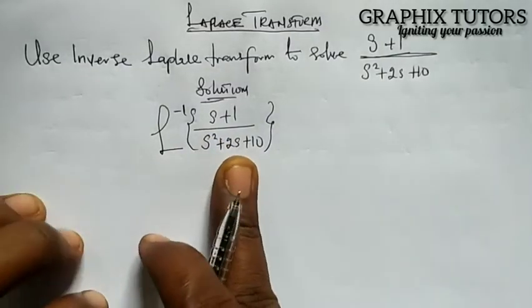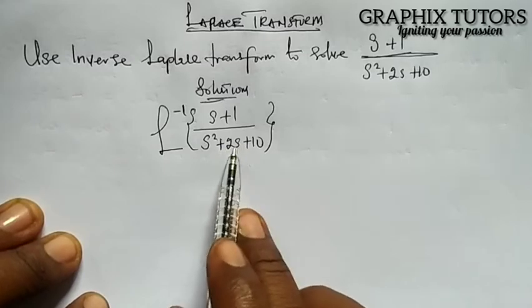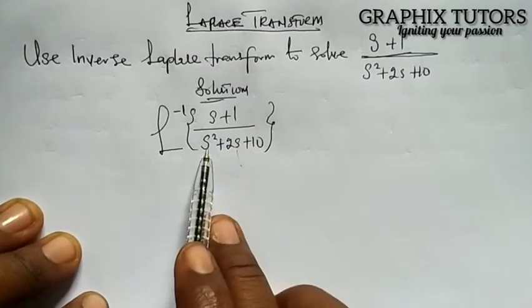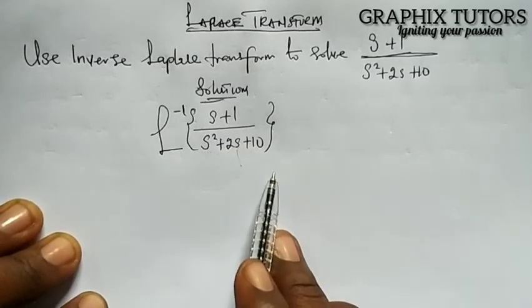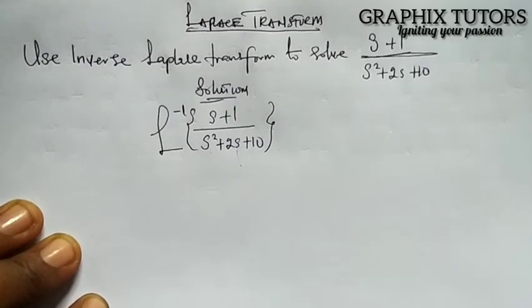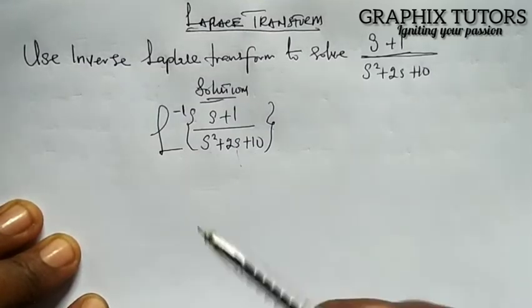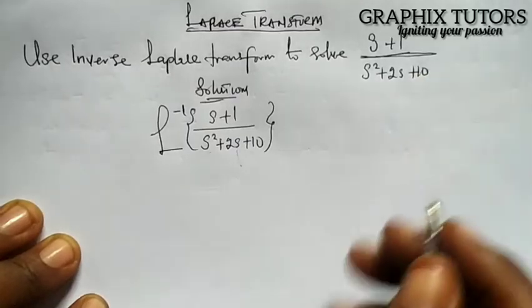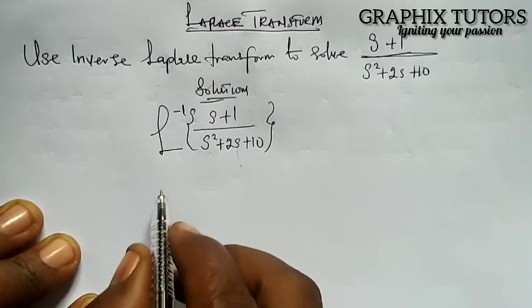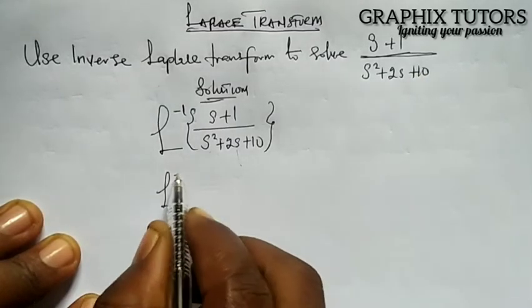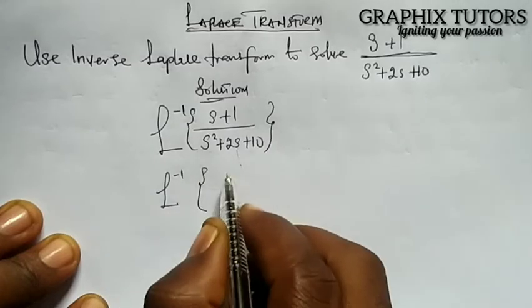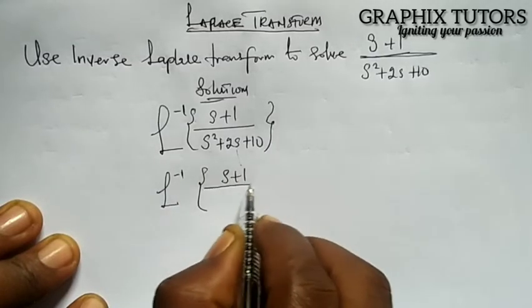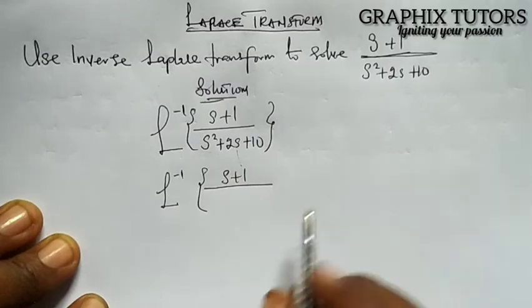Now you need to know very well that if you look at this expression here, we call it a trinomial. It cannot be factorized, right? So we are going to use the completing the square method. Now let's go back down memory lane. What we'll do first is the Laplace inverse of this, which is s plus 1 all over